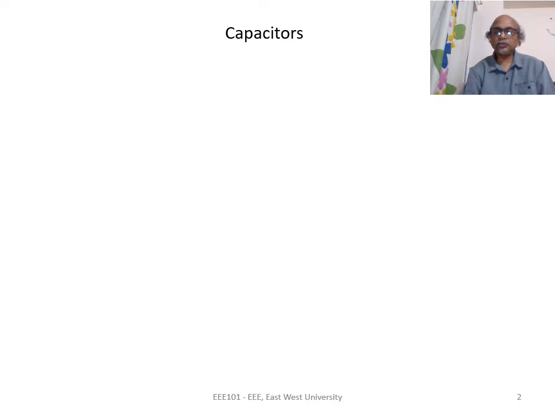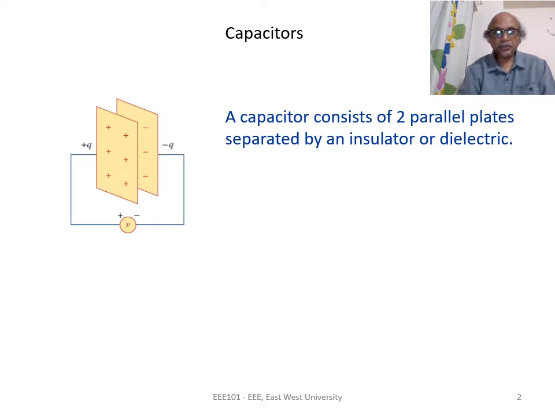You have been introduced to capacitors in college. A capacitor essentially consists of two parallel metal plates separated by an insulator, which we call a dielectric. If we apply a voltage across the two plates of the capacitor, a positive charge is accumulated on the metal plate which is connected to the positive polarity of the voltage. An equal amount of negative charge is accumulated on the plate which is connected to the negative polarity of the